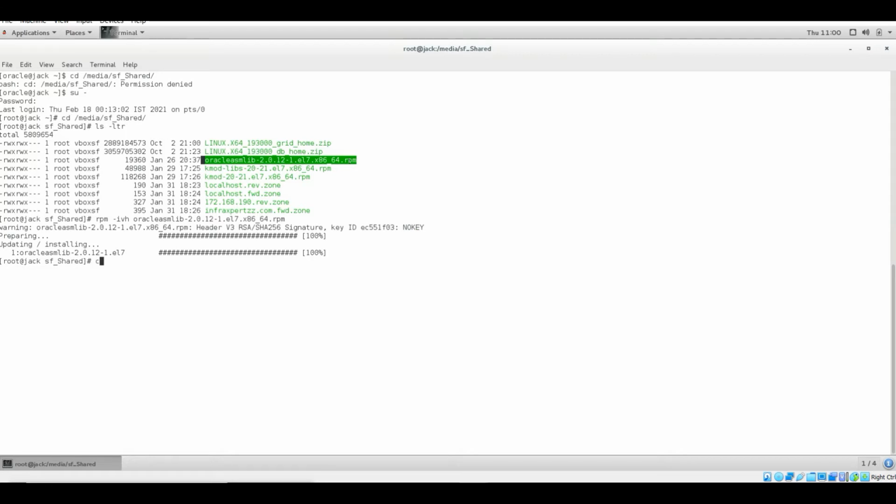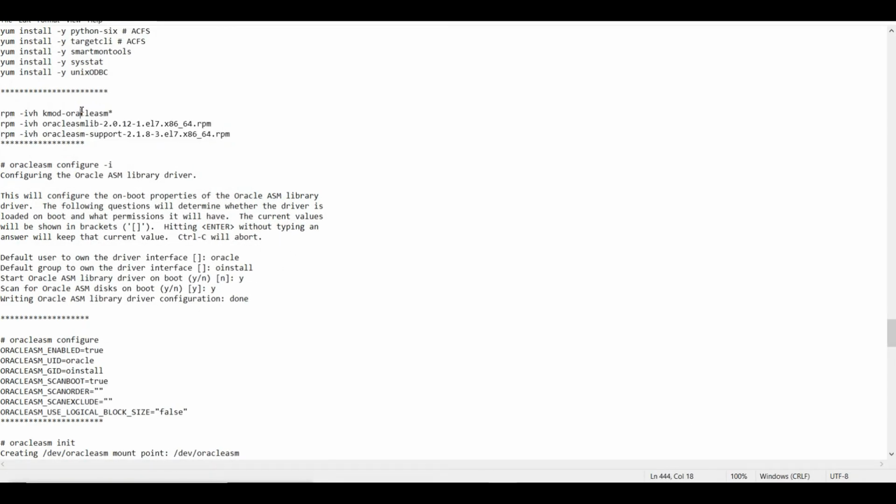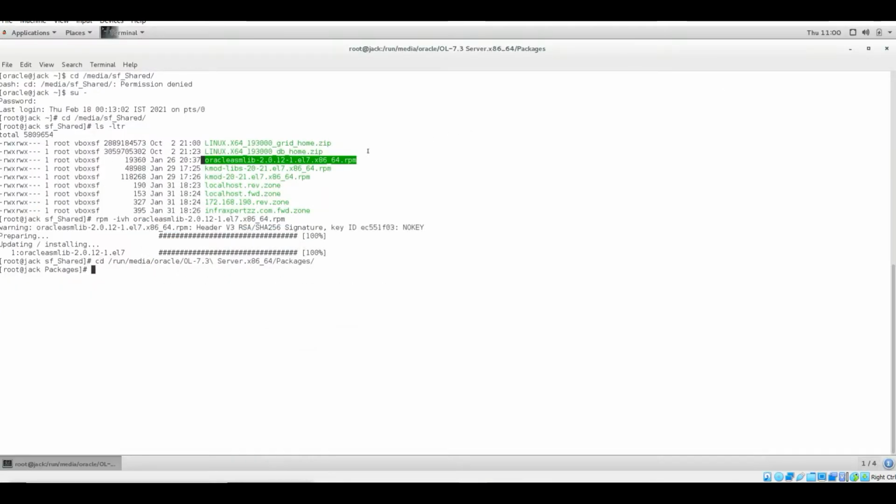Now let us jump to our media ISO folder. What all RPMs do I need to install? I need to install Oracle ASM and Oracle ASM support. rpm -ivh.